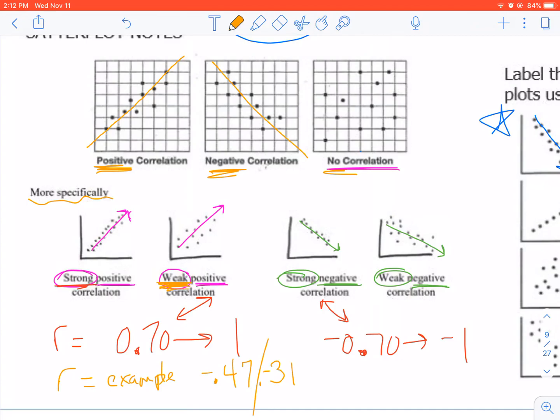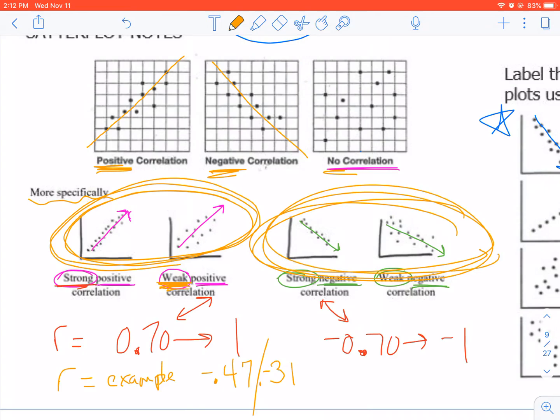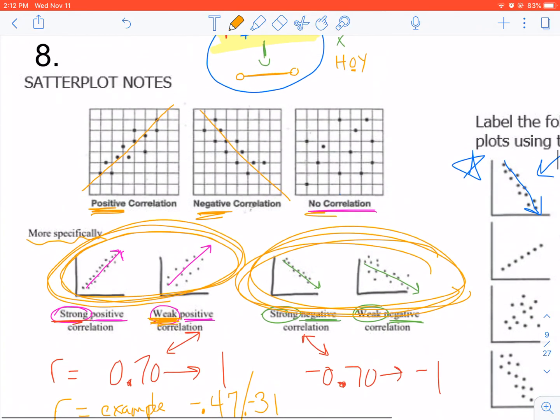And they could also be negative, which just means that the line looks like these over here. If the R value is positive, it's going to look like a positive slope line. If the R value is negative, it's going to look like a negative sloped line. And that was Schoology 8. That question should also